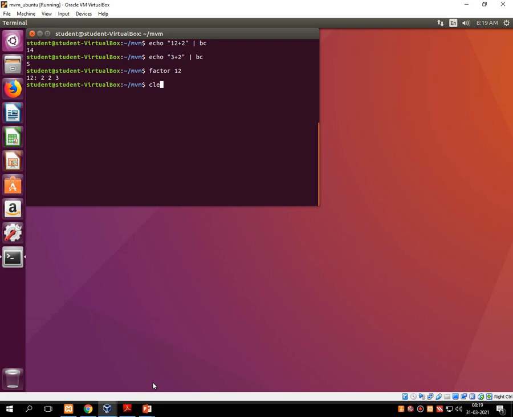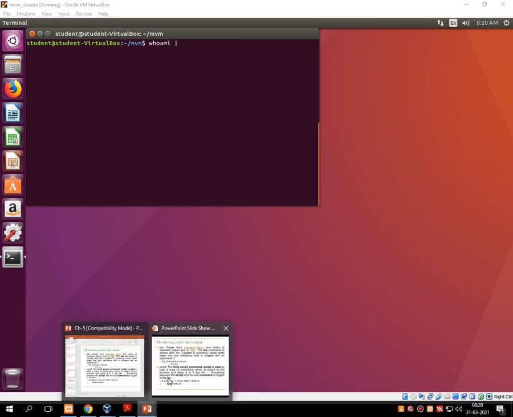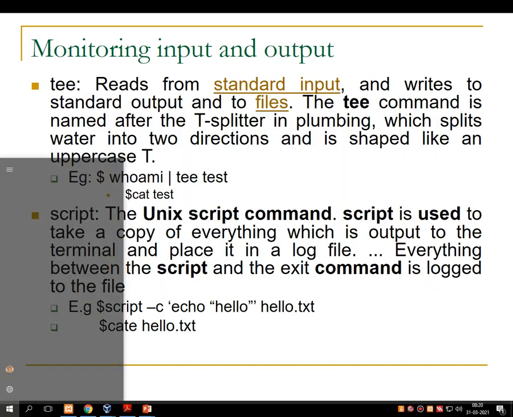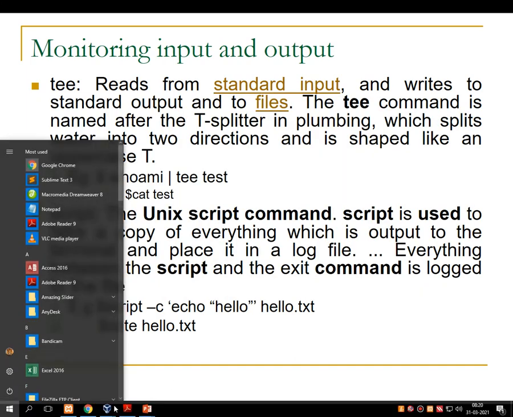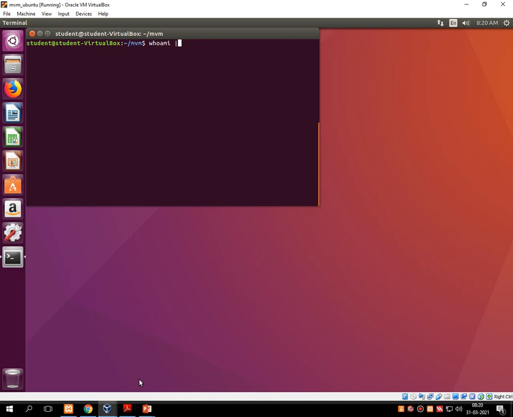Let me clear the console. Then I am typing whoami, pipeline, then the tee command, and the name of the file is test1. So let's see.